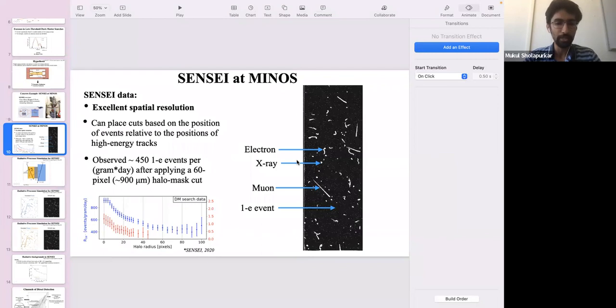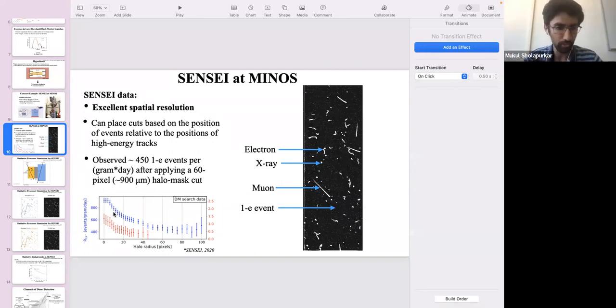Well, before you know about any backgrounds or what is going on, when you see an image like this, one assumption, and that's probably a fair assumption, and that works well for the Cherenkov photons as well, is that some of these one electron events could be spatially correlated with the high energy tracks that Sensei is seeing. And so to remove any one electron events that are correlated with these high energy tracks,